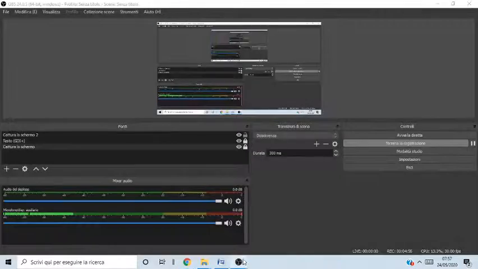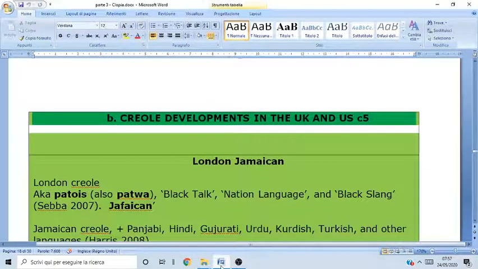Going to what we did last week. We were talking about Creoles in the UK and in the US, and we analyzed two cases: London Jamaican, or London Creole, and African American Vernacular English for the United States. I said that this course is going to focus mainly on the varieties of English that are spoken in Asia and in Africa. But I just wanted to throw these two situations in to show you what happens within